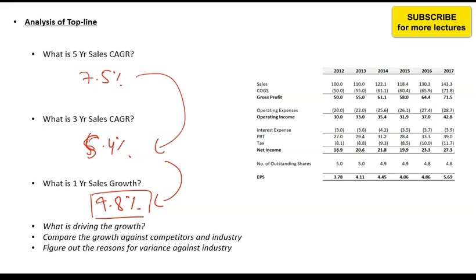So what you will then do is, when you are applying it to your companies, you will calculate 5 years CAGR, 3 years CAGR, and 1 year sales growth. Then you will find out the reasons for this growth, that what actually drives the sales of the company. Is it a specific consumer trend? Is it expansion into new countries? Is it expansion into new product lines? Is it some competitors going out of the market? What is actually causing that change, or what is actually driving that sales growth?